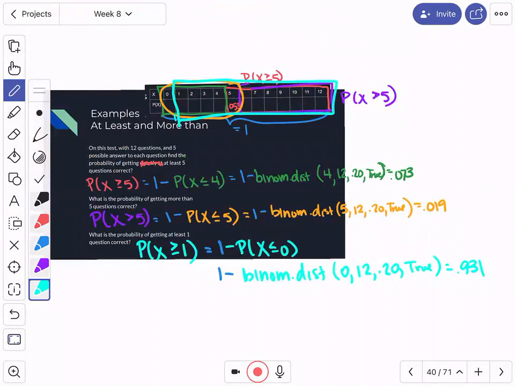That is the binomial distribution. That is everything you need for this test. I will play